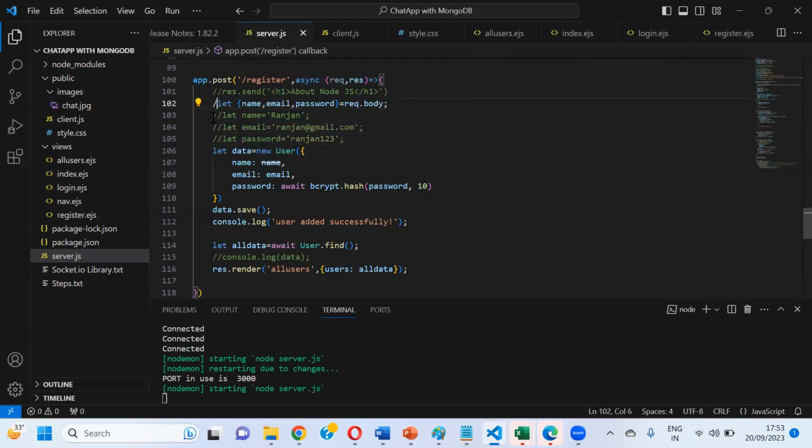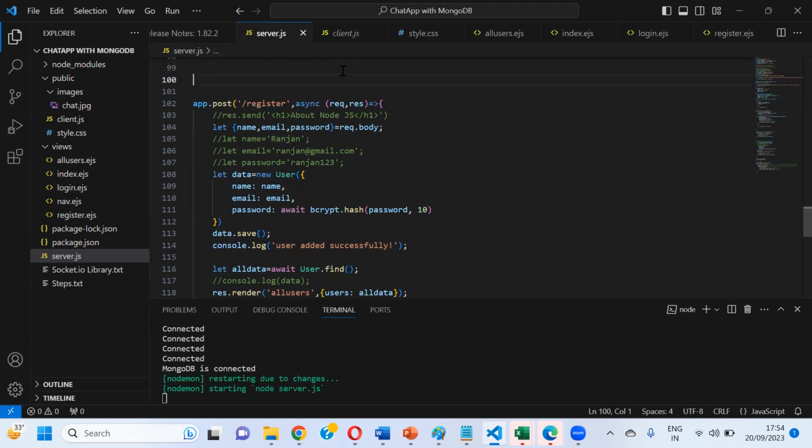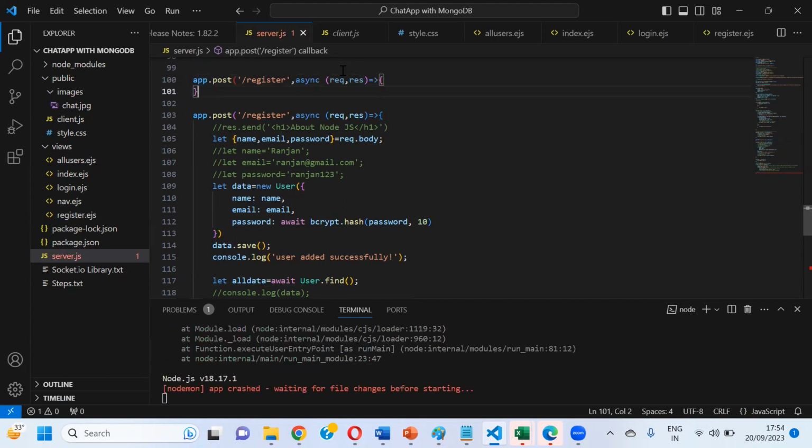These will come from the form. So I'll open this. Now, from the body, name, email, and password will come, and that will be saved and displayed. And we will also have to create what? We'll also have to create a route, a get route, so that we will also have to create